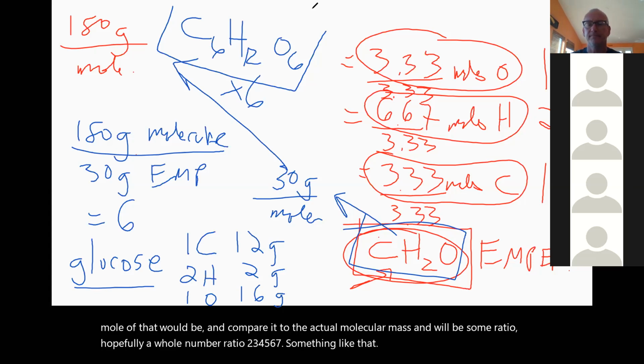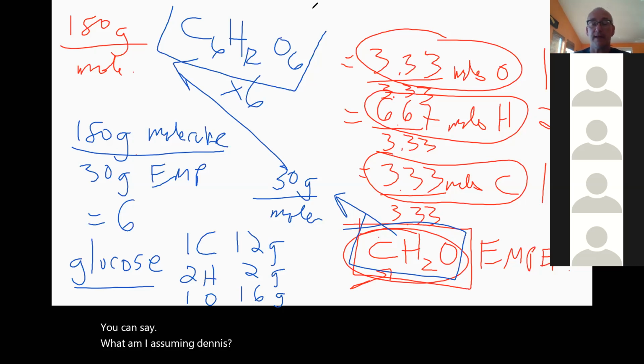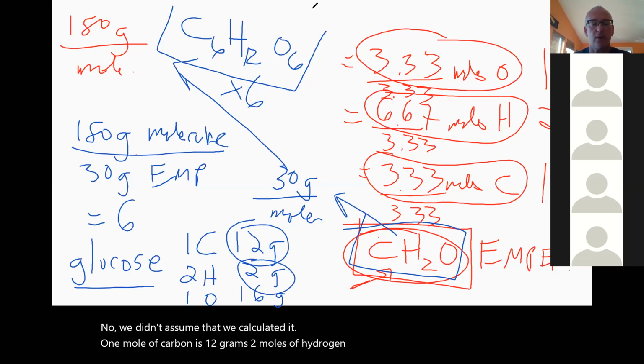Okay? Any questions? You get 30 by assuming or you calculate? What am I assuming? The 30 grams? No, we didn't assume that. We calculated it. 1 mole of carbon is 12 grams. 2 moles of hydrogen is 2 grams. And 1 mole of oxygen is 16 grams. So